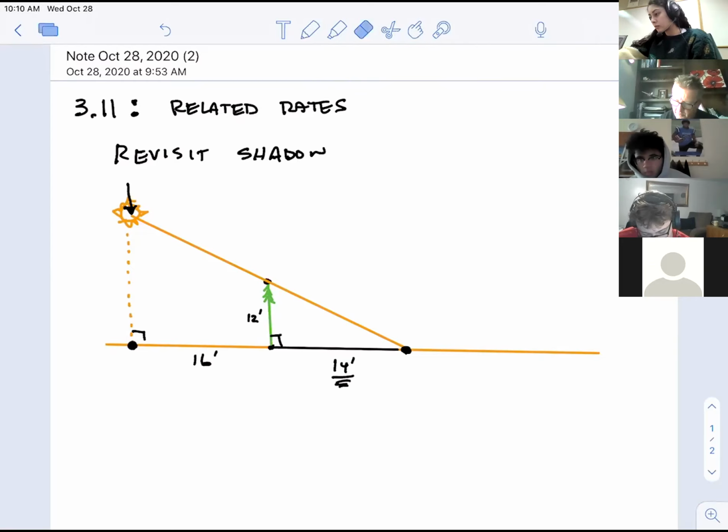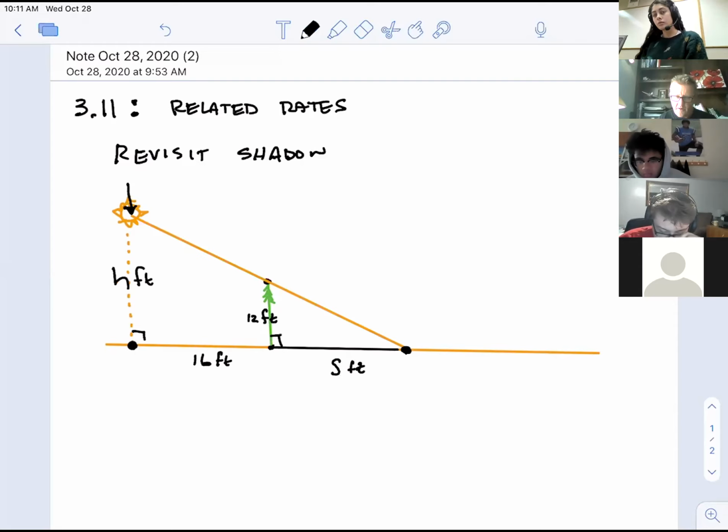And I've been telling you since the start of this class that this class is about the mathematics of motion. I'm going to change these little marks to feet since that little prime makes it look like a derivative, and so we reuse that in this section in calculus. So that's got to be feet. That's got to be a variable. Otherwise, the sun can't actually set. And does it also make sense that this length, the distance from the ground, like how tall the sun is above the ground, would also have to be a variable because the sun is moving?